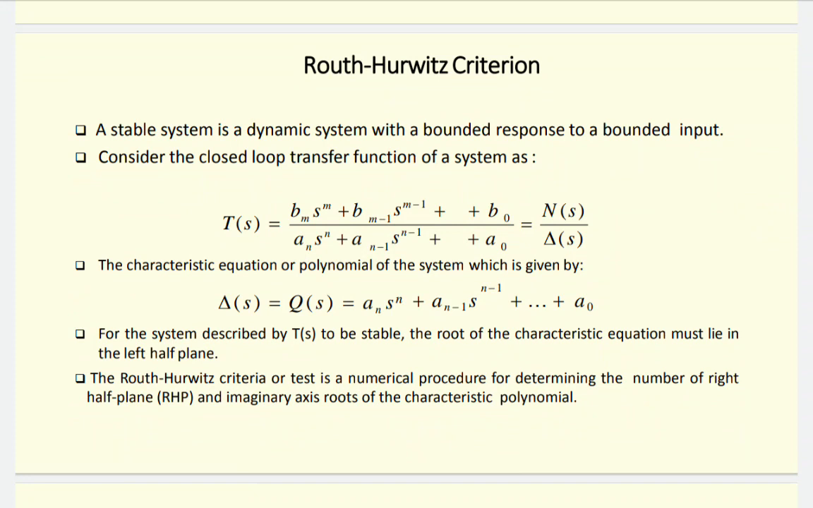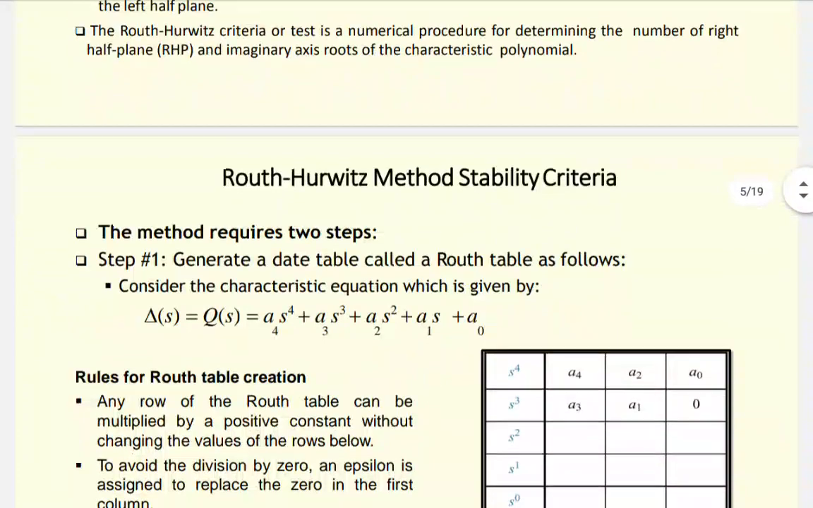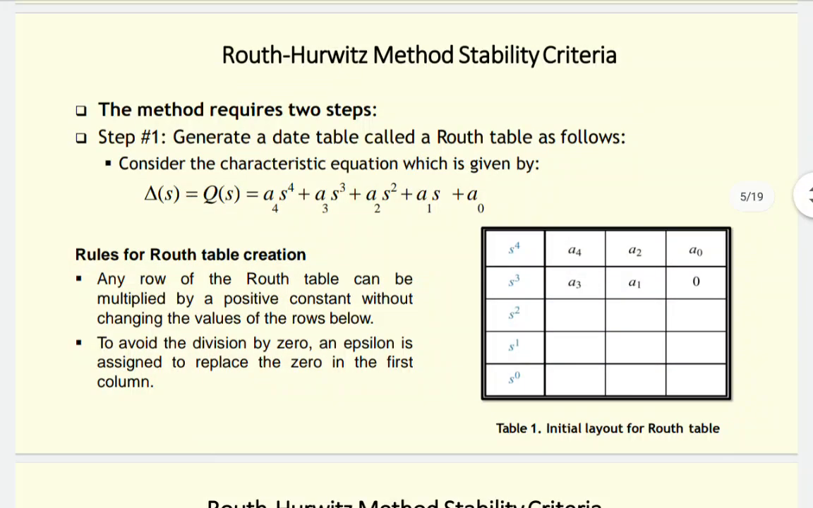The Routh-Hurwitz criteria or test is a numerical procedure for determining the number of right half plane, that is RHP, and imaginary axis roots of the characteristic polynomials. Now, the Routh-Hurwitz method stability criteria. The method requires two steps. Step 1, generate a data table called a Routh table or Routh array as follows,